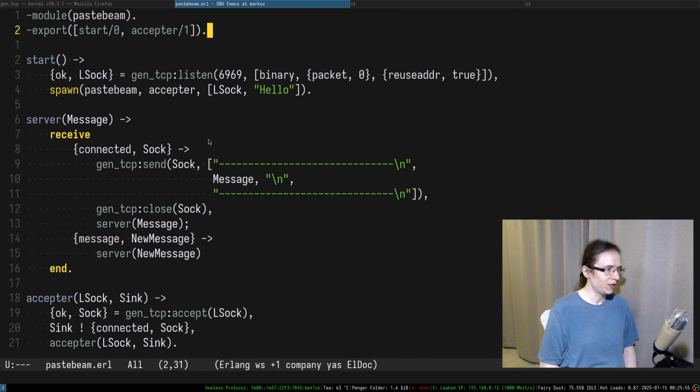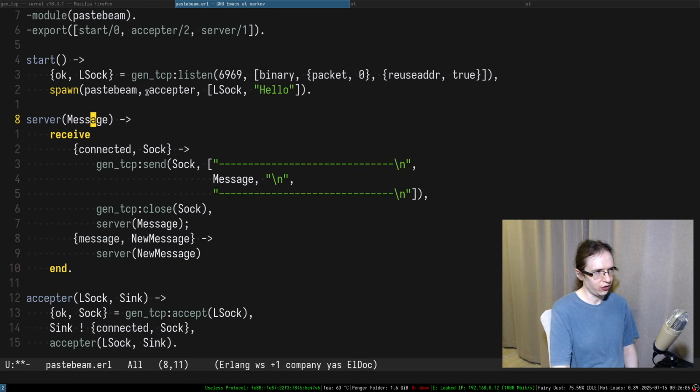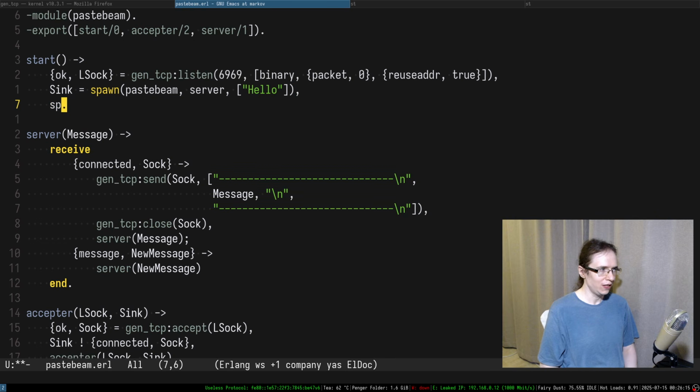So in here we have acceptor, which accepts 2 arguments, and a server, which accepts 1 argument. I suppose the first thing, since acceptor needs to have a sync, server has to be the first thread that we're creating here. So this is going to be server. And so we just put a message in here, right? So this is the message, and here is our sync. And then in here we do spawn. So we spawn paste beam